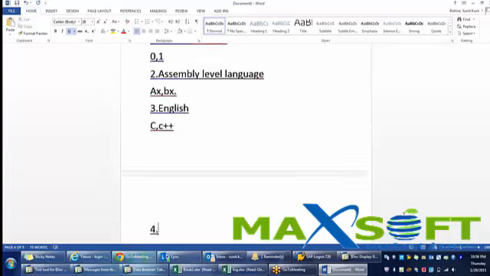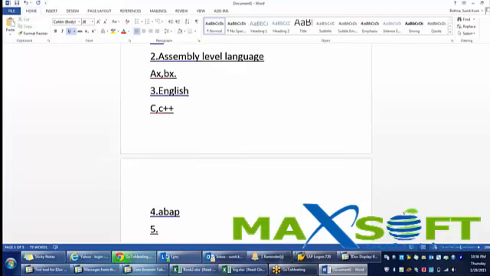Then comes your fourth generation language, which is very user friendly. So you can see as the generation is increasing, the user friendliness is increasing. Similarly, even the fifth generation has come up. In fifth generation, hardly is there any coding, very little coding, more like drag and drop. If you do certain activity on the screen, the system will generate the code in the background and your application will be ready, like VB and all. Fifth generation.